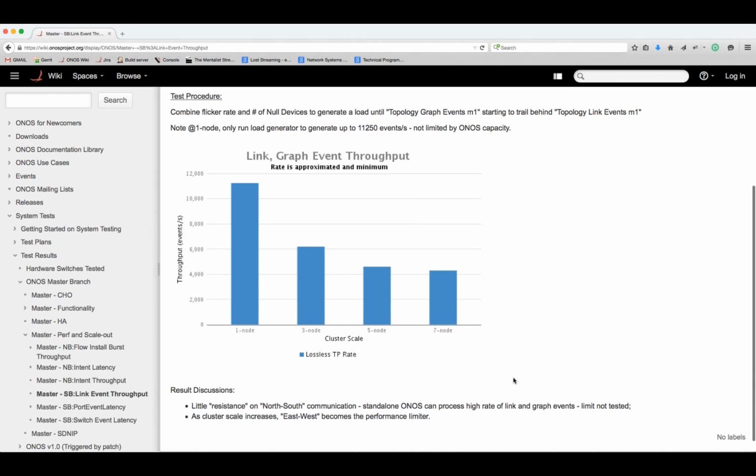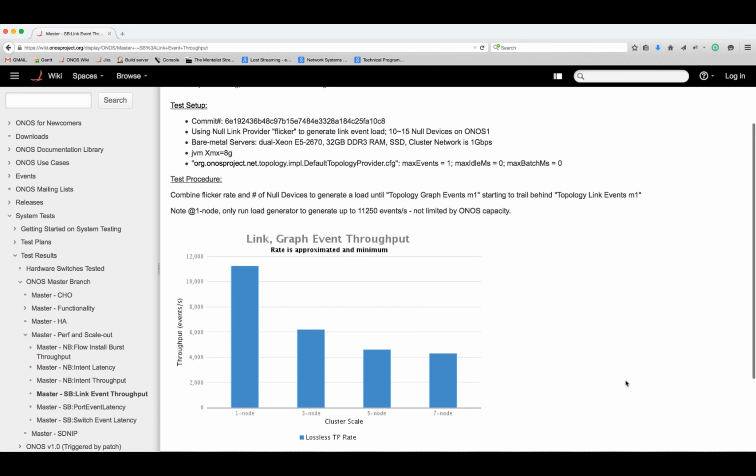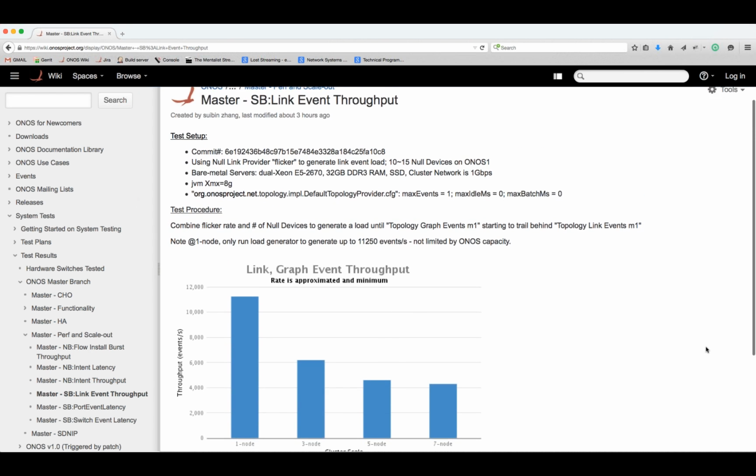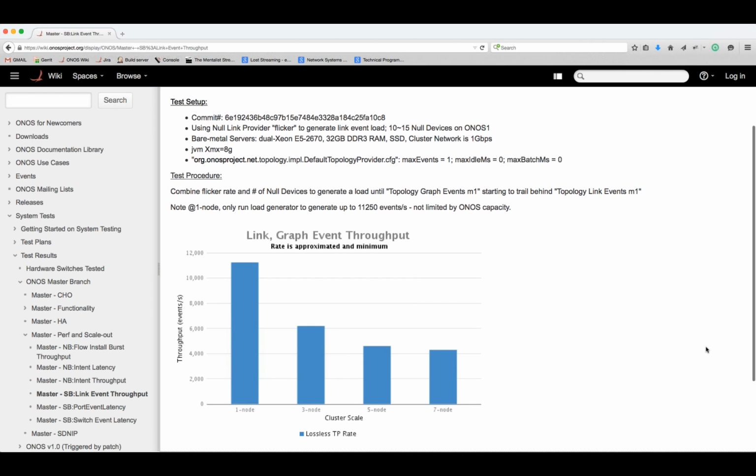Next one now. This is an interesting graph that is measuring network event throughput. If you scroll up a little bit, there's a procedure we're trying to do. We use this no-link provider that's flickering to generate link events. On ONOS 1, the first node will generate a link event, and then we scale the cluster from 1 node to 3 to 5 to 7 nodes, and look at the sustained